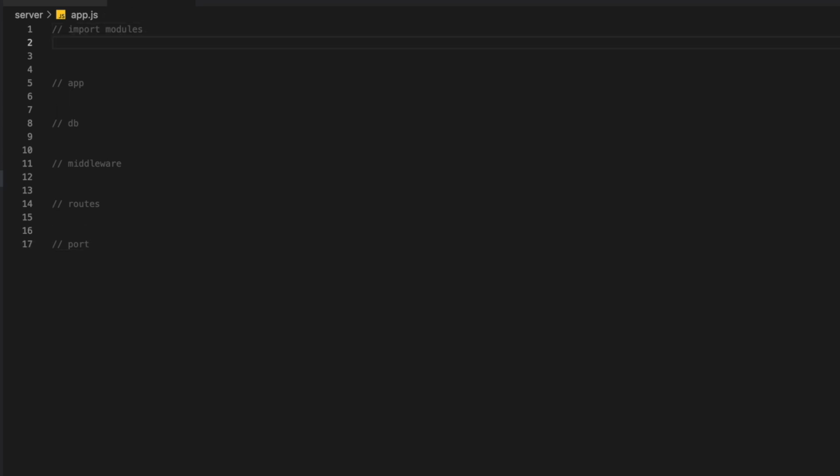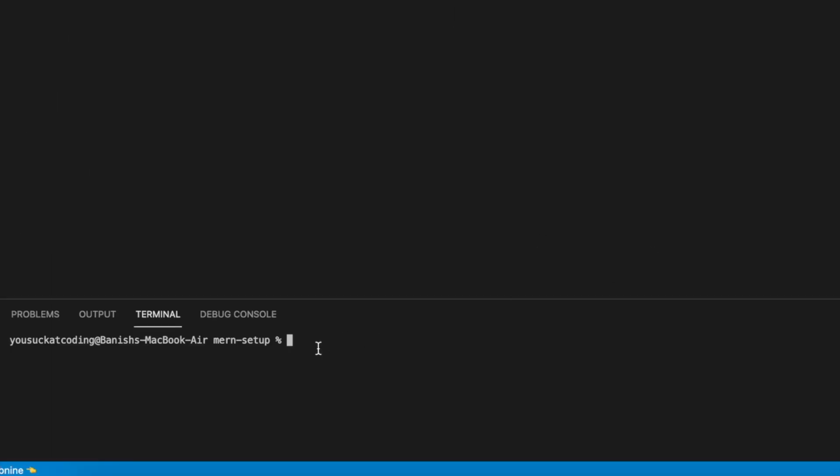So we'll be needing Express, Mongoose, obviously for the backend and the database. We'll be installing some middlewares as well. So before we import that, we have to install them. And for that, I'm going to open up the terminal inside of VS Code. And this time, go inside server. And here I'm going to do npm install, with the short form of which is npm i, and we're installing